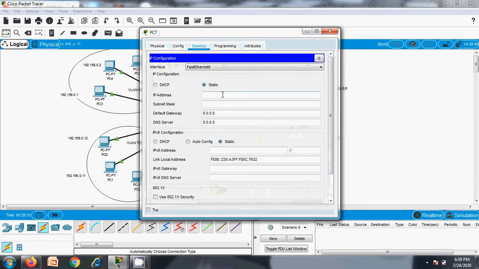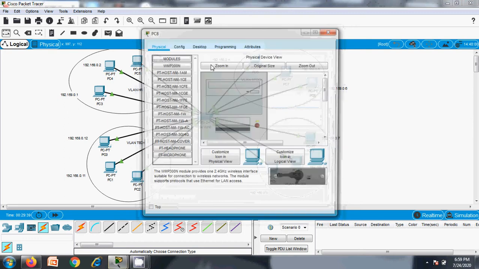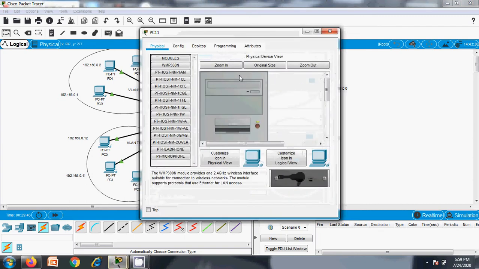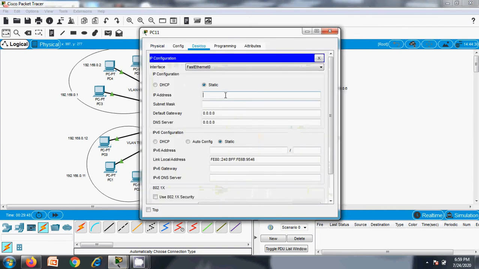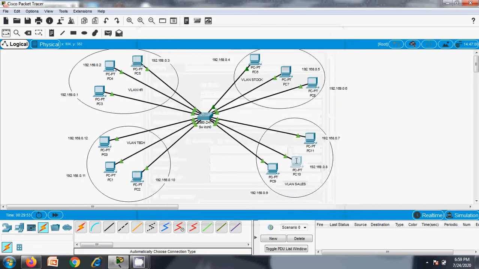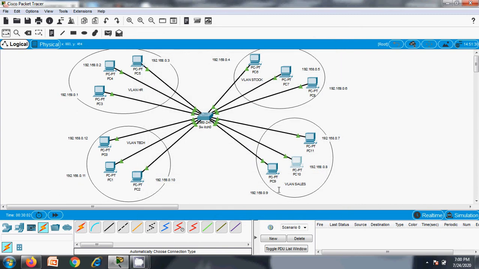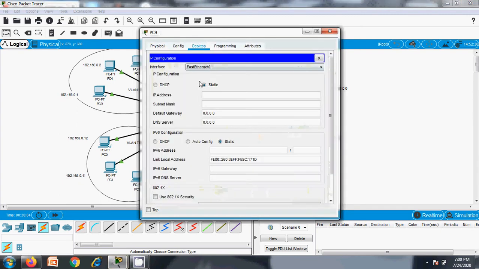This is 0.5, and this is 0.6. This is 0.7. This is 0.8. This is 0.9.